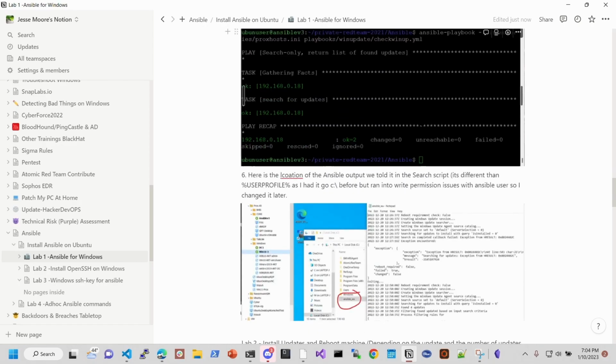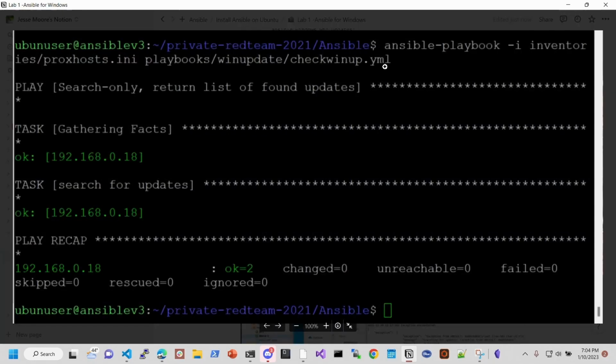So I show the picture of this basically showing, hey, this is me using what is considered a playbook when it's in this YAML format. And so I have to use this ansible-playbook, then use the -i for inventory, this inventory file that's INI, not YAML. And then under the playbooks area, I have this win update directory, which then has this check win up YAML that we just went through. And so it's going to go through here, and you'll notice it'll be like, oh, search only return list found. That's exactly what